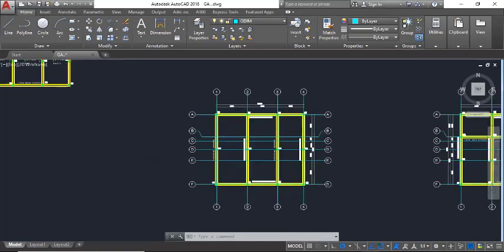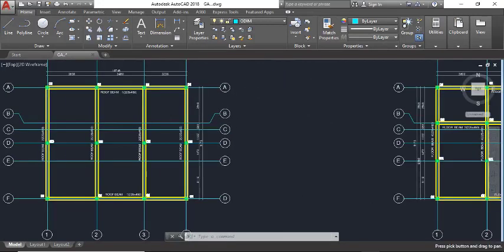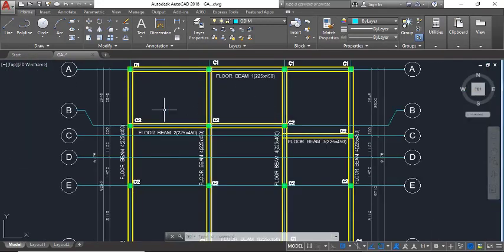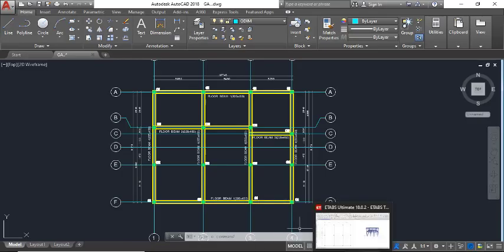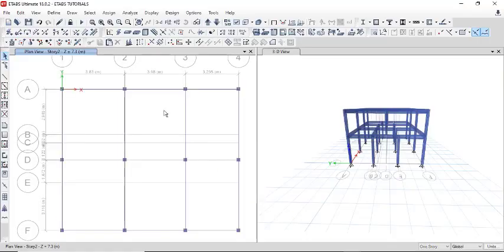So to take note of that, our staircase is going to be placed within this panel here. As you can see, it's going to be placed here. So while modeling your slabs, make sure that you have not covered this region. You should place your slabs on all the other panels. So let's go back to our structure.